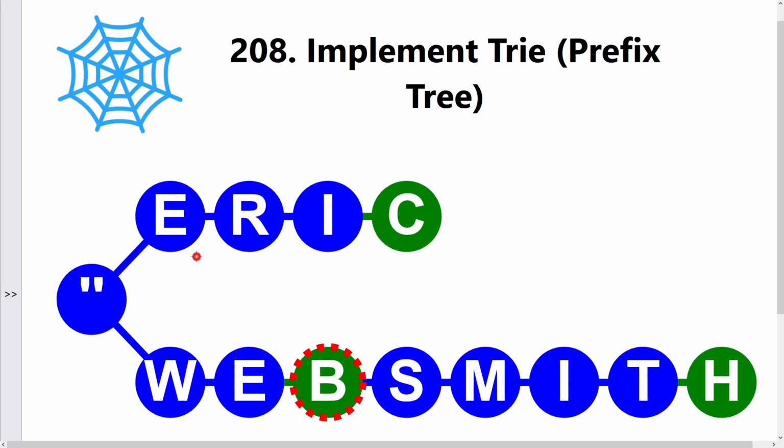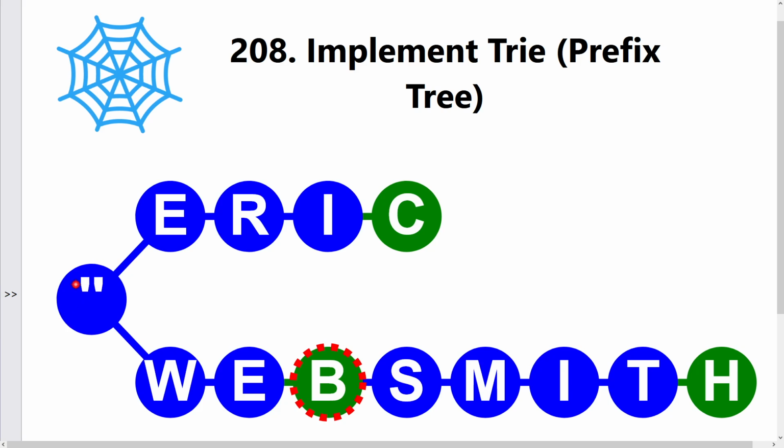When you are inserting a word into a trie, you will first insert the initial as a child of the root, and then the second character as a child of the first character, the third character as a child of the second, until the last character. The last character will be marked as end of word, so that we can search if a word is in a dictionary.